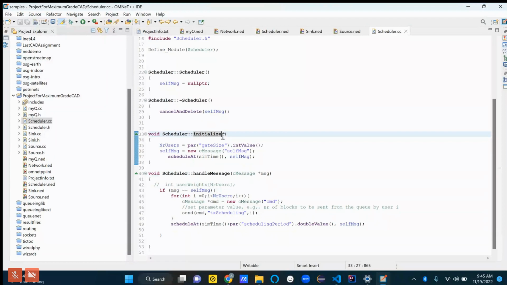And so what we're going to do is now iterate over all of the users that we have. So this is low, medium, and high priority users. And what we're doing is just making this command message and then sending that command message. So we need to see what sendCommand, txScheduling comma i is all about.